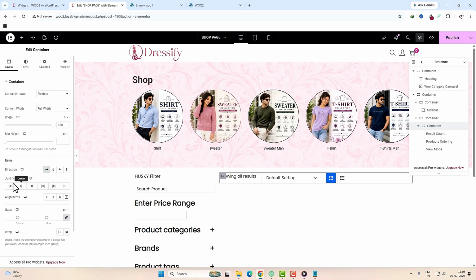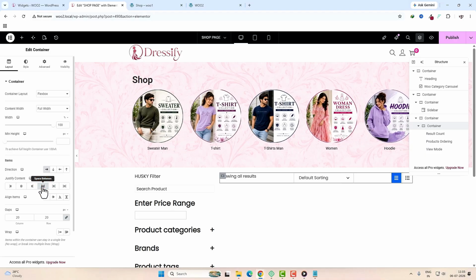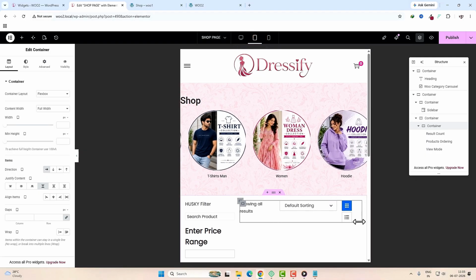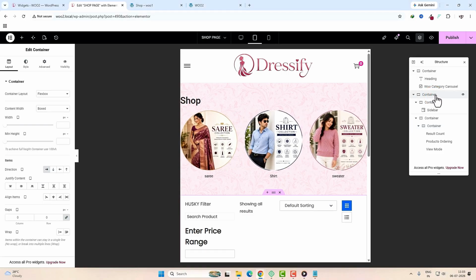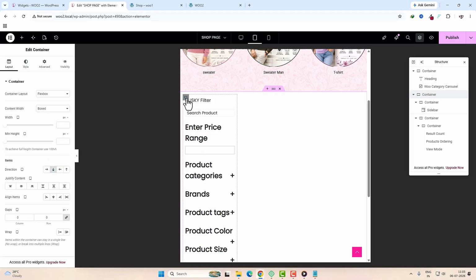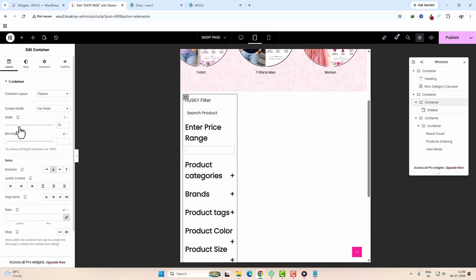And here you can see justify content. And here you can see the space between. Click on that. Let me check the tablet preview. Okay, it's looking like that. So let me do one thing. Come back to this container. Okay. And here you can see the direction. Just make it vertical. Now select this container and in the layout, the width make it percentage and make it